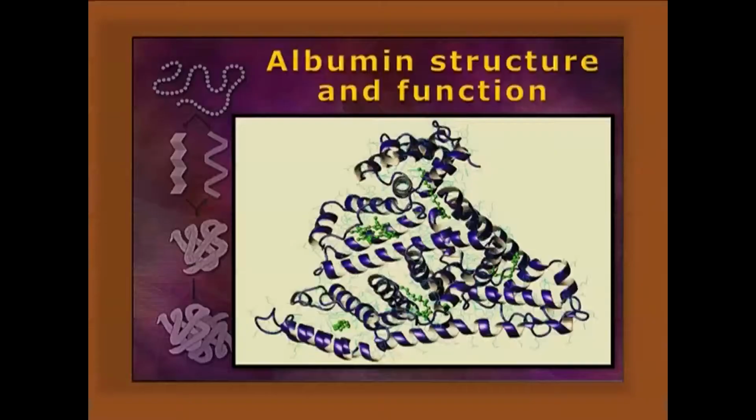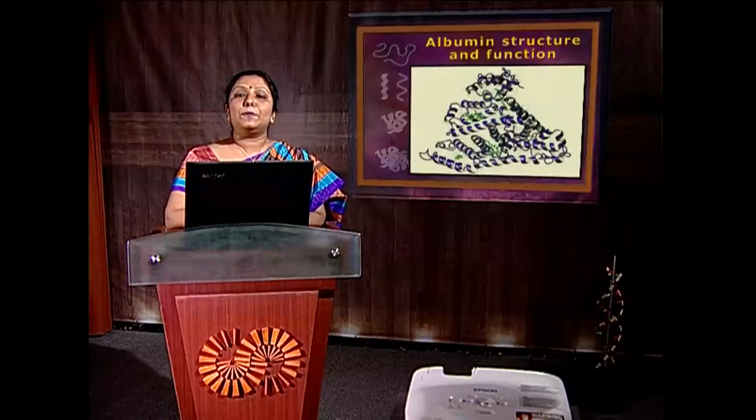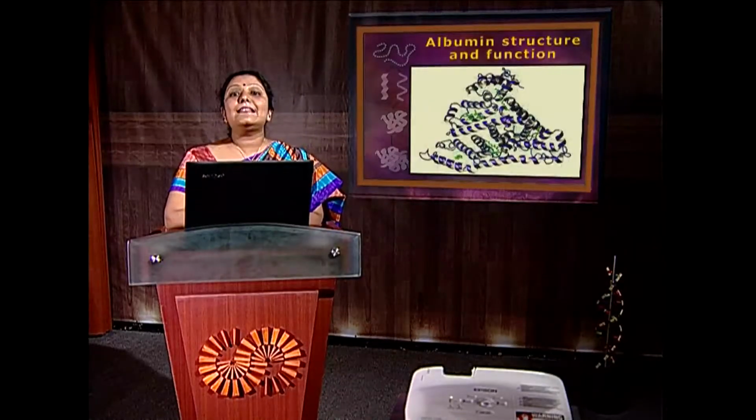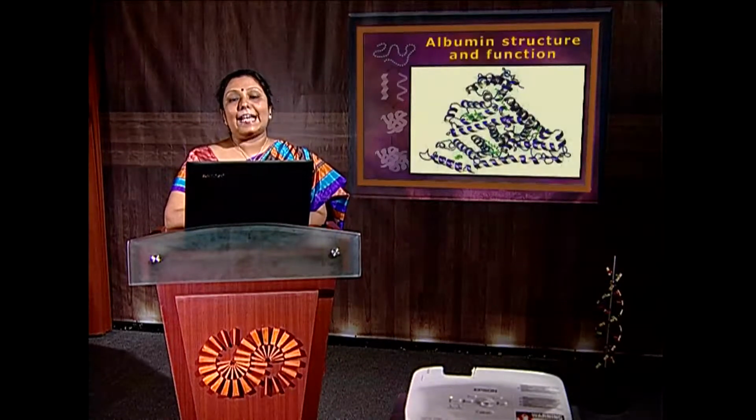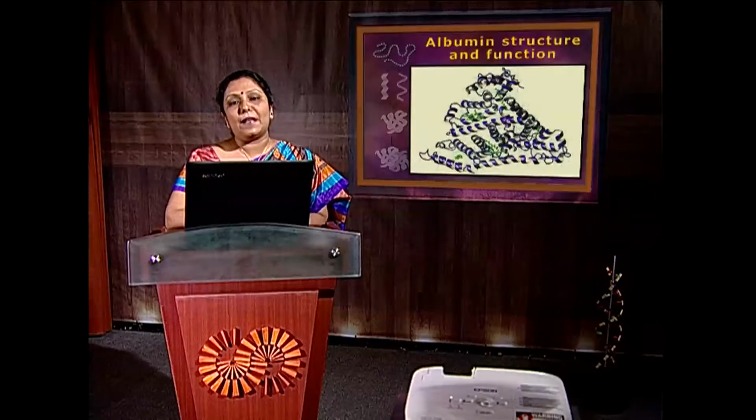Next, albumin structure and function. As we know, this is also a plasma protein. It is soluble in water and dissolves in aqueous solvent. Here we can find the presence of subdomains; there are homologous subunits. The subdomains include 2A and 3A. Six disulfide linkages are present. Albumin binds with fatty acids as well as cations of the blood plasma.